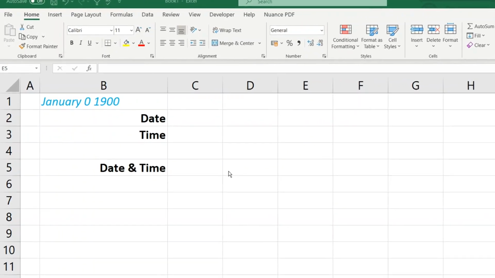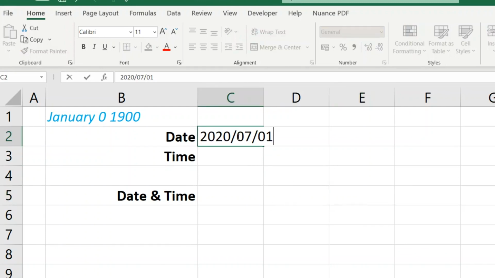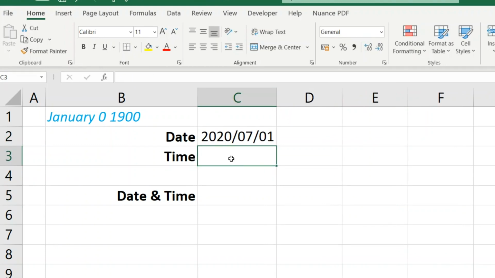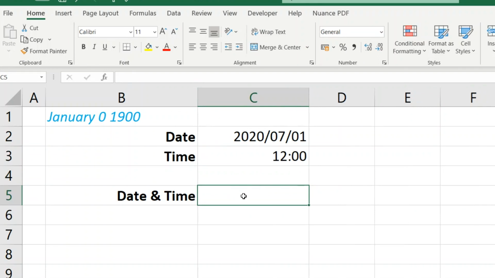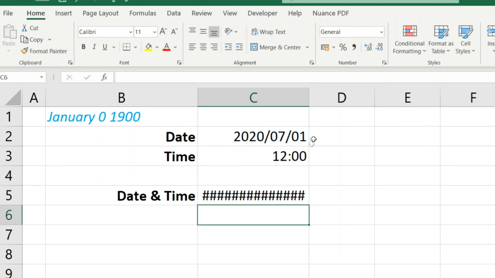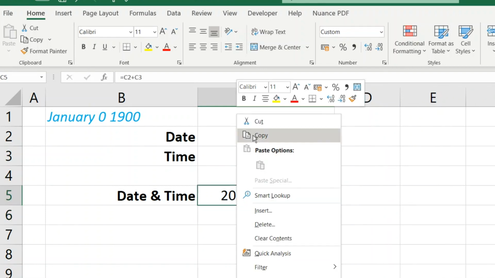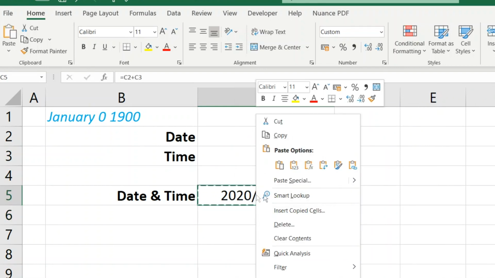What are the fundamental mistakes people make when they're dealing with date and time in Excel? Well, let's just throw in a date. Control semicolon puts in today's date, and I'm going to go for midday. I'll put in 12 o'clock. And then I'm just going to do something for the purpose of this demonstration. I'm going to say that equals that plus that. So bear with me. That will combine the two, and I'm just going to copy the formula and overwrite it